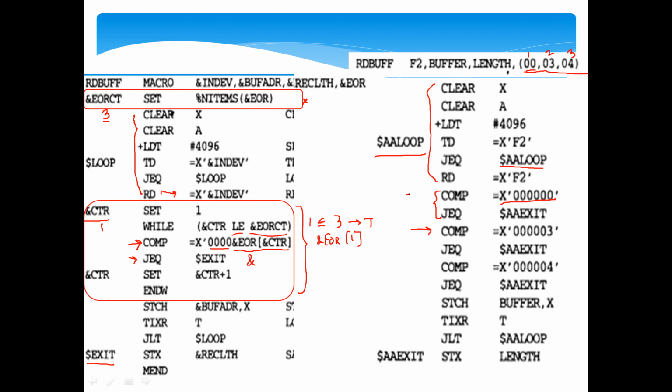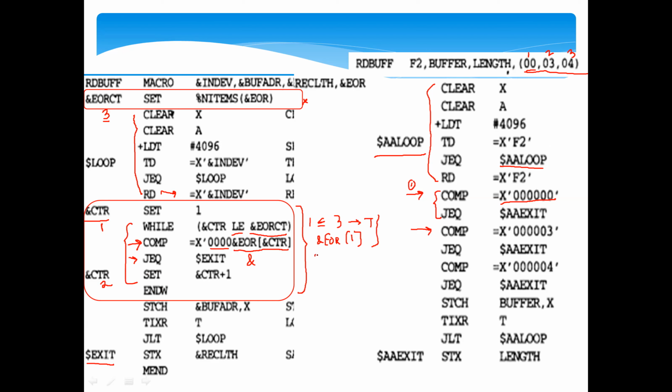That is also, this is the first loop, okay, not this one. I think I denoted the arrow to this COMP statement, but actually this is the first iteration. In the first iteration, it goes here, and then it sets the value. You have to increment the counter variable. So the counter variable is set to CTR plus 1. The counter variable now becomes 2 in the second iteration, NW. So this is like a loop. This keeps on repeating until the condition becomes false. So this is the first iteration.